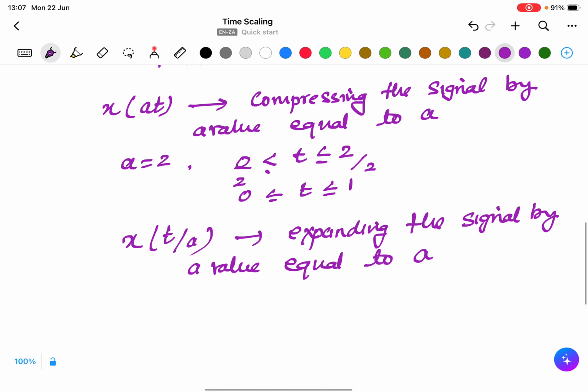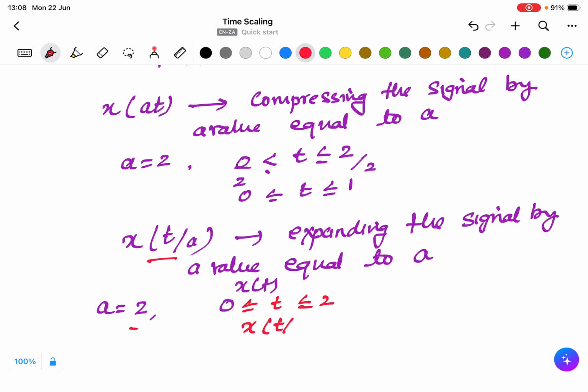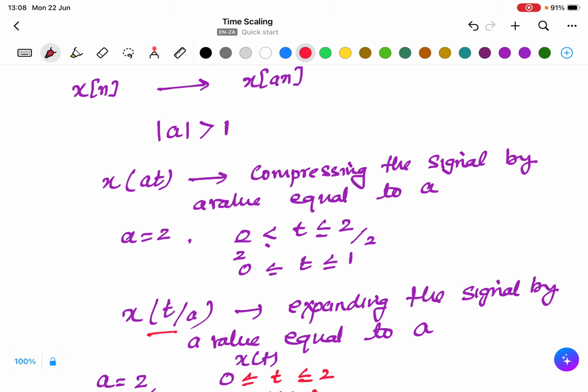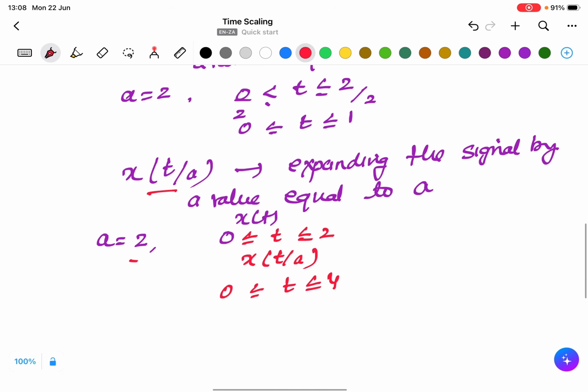That means if I take the example again, that a is equal to 2 and a signal x of t, let's say, is defined between 0 and 2. Now using this, if it's x of t by a, then x of t by a will be defined from 0 to 4. Okay, this is the condition when a is greater than 1. If a is less than 1,